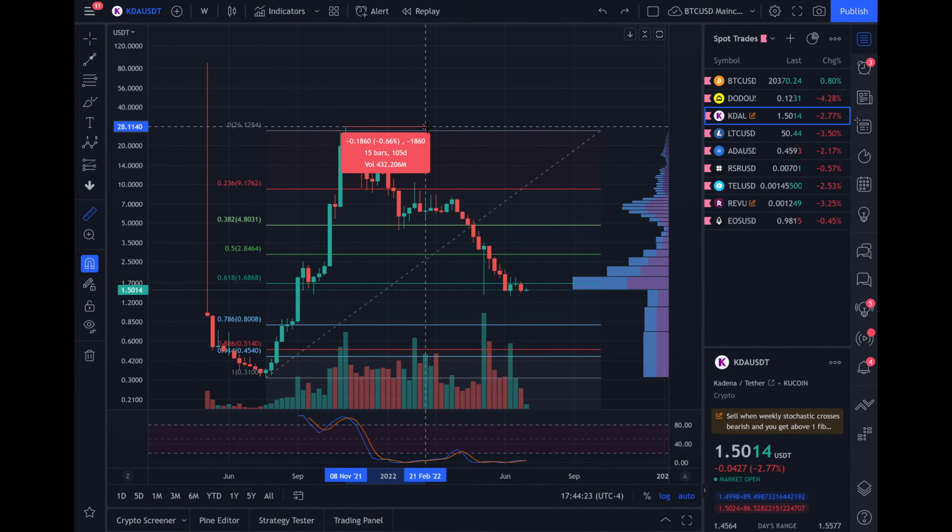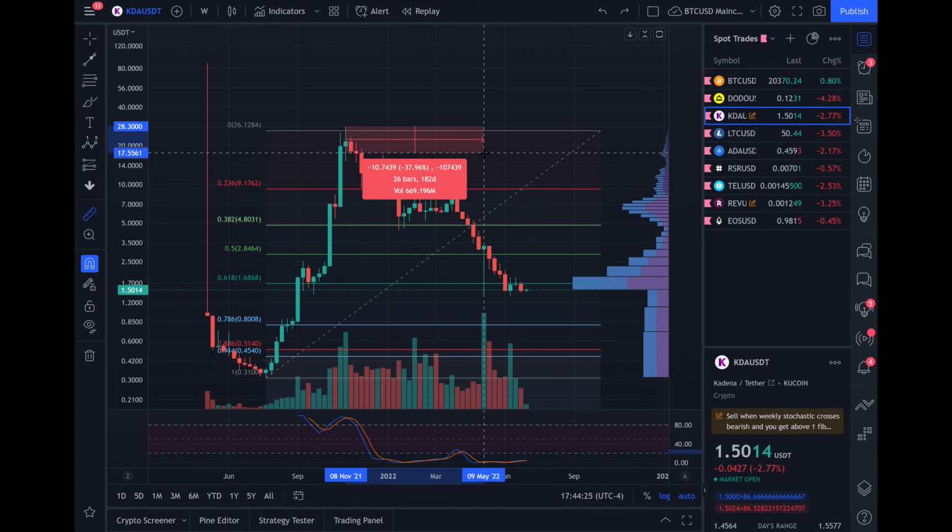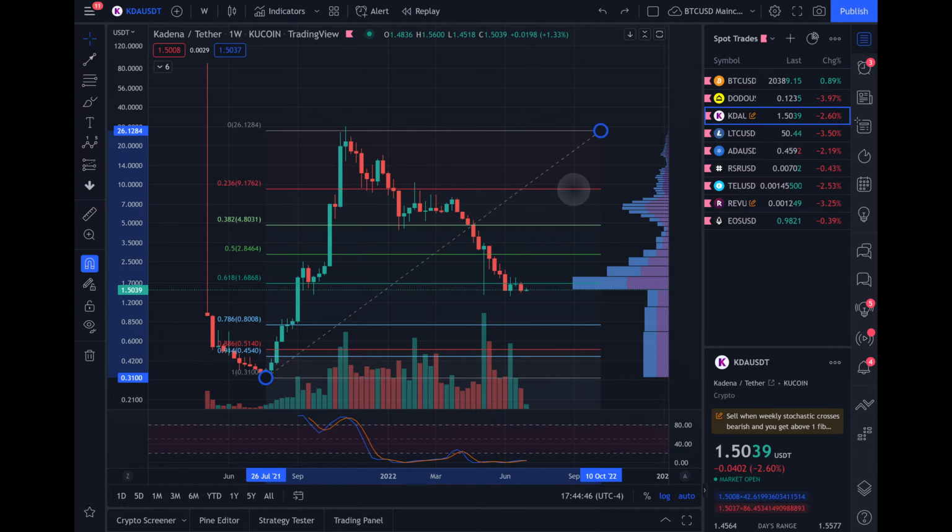It took about 182 days to correct and finish its correction. And then it took another 50 or so days to consolidate the reversal, all right? So if you know that it took 105 days and 182 days, again, it's not one-to-one, but it's close enough where you're getting that proportionally,